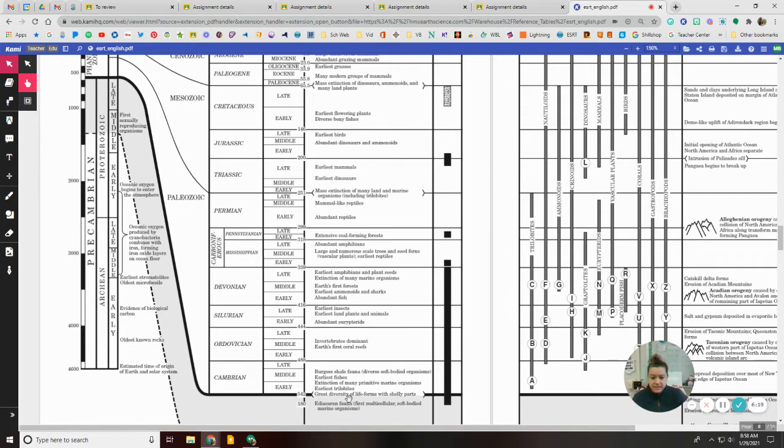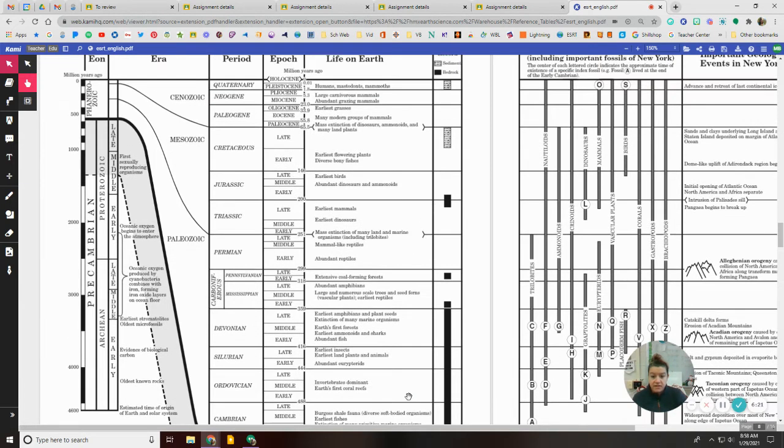So in this case, it's the greatest diversity. So there's new stuff. But right here at the end of the Paleozoic, there was a mass extinction of many land and marine organisms, including all the trilobites, which is sad because trilobites are pretty cool looking. Actually, that's what separates the Paleozoic from the Mesozoic, was this mass extinction. The other mass extinction that separates the Mesozoic from the Cenozoic is when the dinosaurs, ammonoids, and many land plants died off. We'll talk about this. You actually learned about this with one of the videos we already watched.